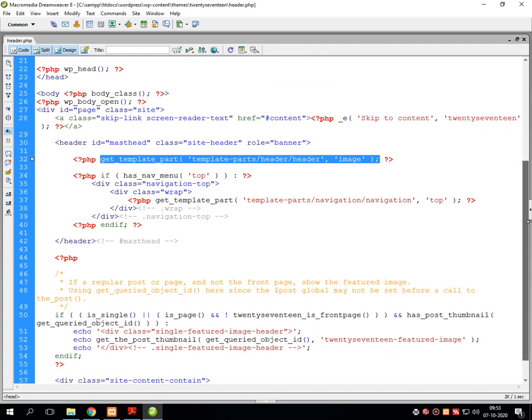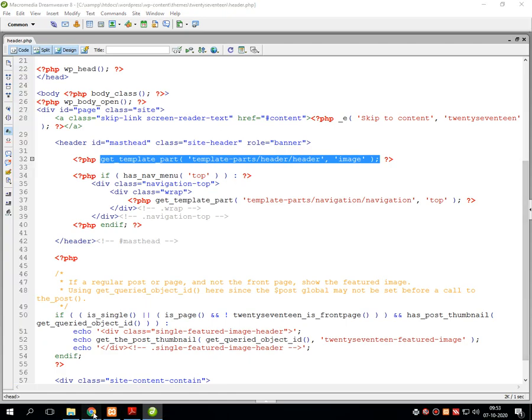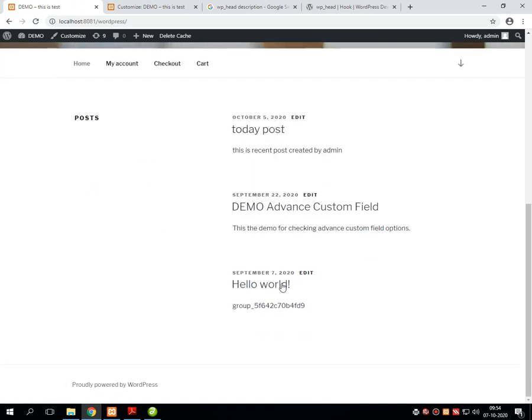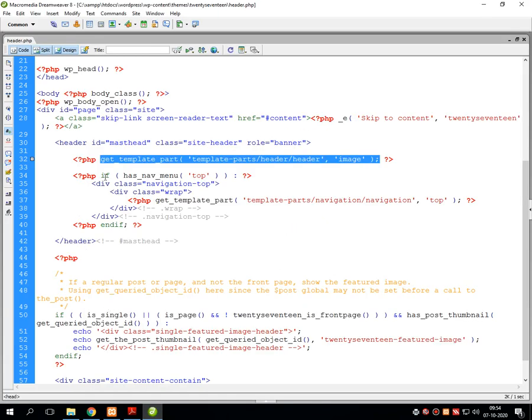Now like this functionality, there is another functionality for the navigation bar. What happens in the navigation bar? Navigation bars are the bars which display over here. These are the navigation bars. Even this is also called navigation. Let me put it into the comment.